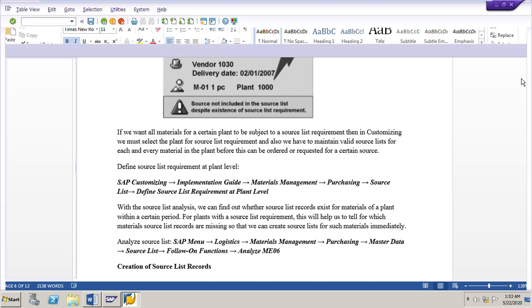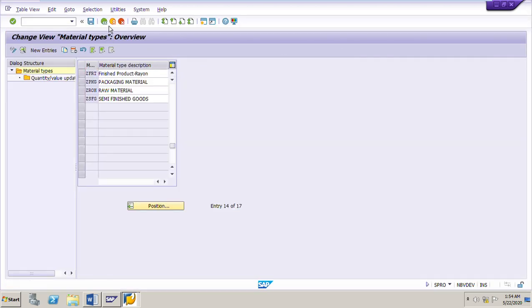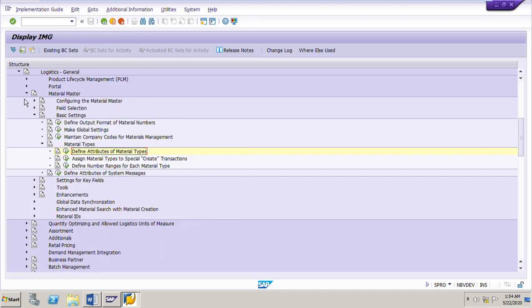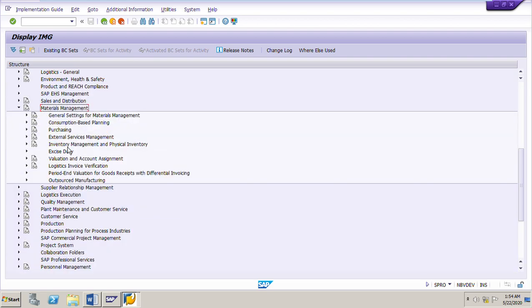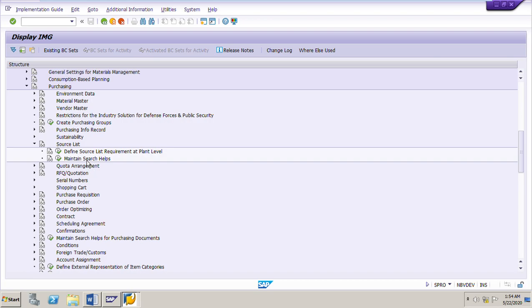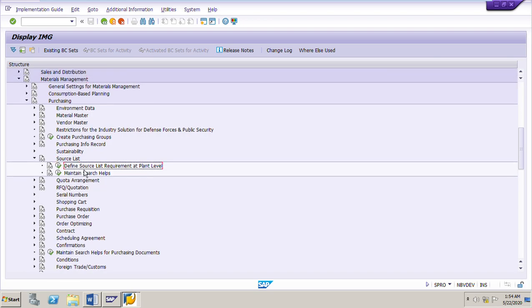For example, let me go to configuration here, IMG, SPRO. Here I will go to Material Management, Purchasing, Source List. Define Source List Requirement at Plant Level.